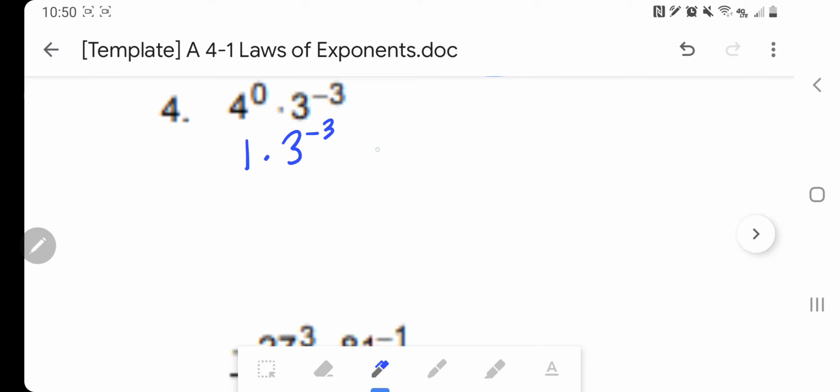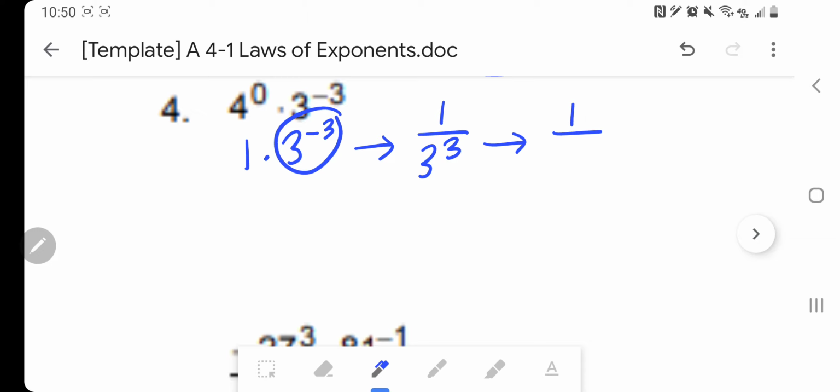Now, when we have a negative exponent, we want to write this as its reciprocal, and that will look like this. So we have 1 over 3 to the 3rd power. The last step is just to do some math. What is 3 to the 3rd power? It is 27. So our final answer will be 1